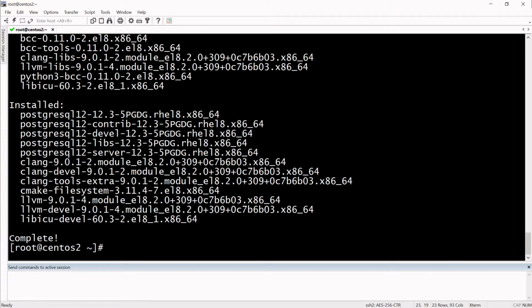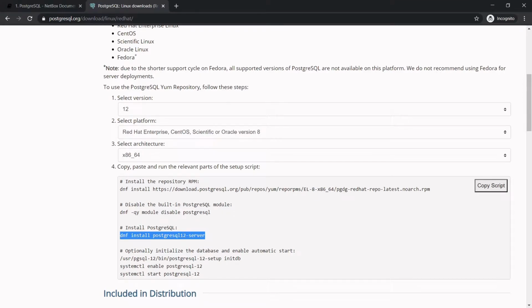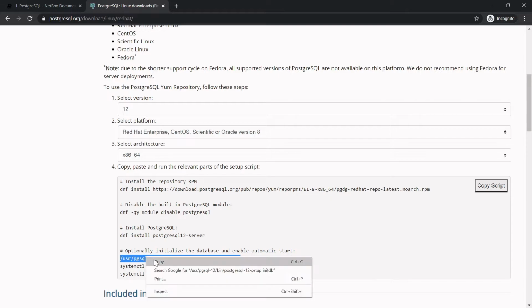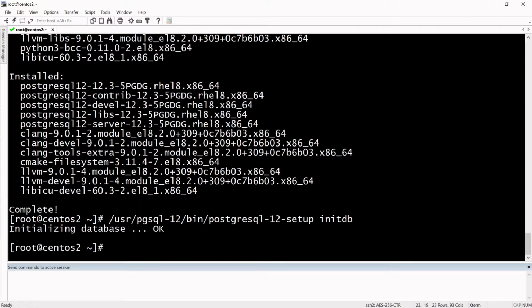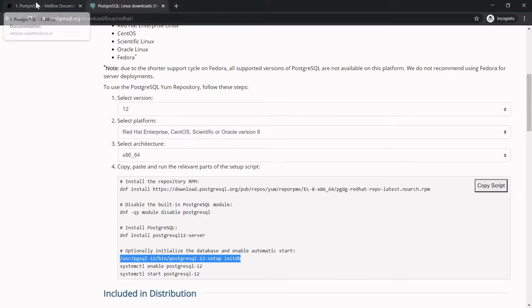Okay, so now we are done. Let's go back to the installation instructions. And right now we will need to initialize the database with this command. Okay, it's turned on. Now, if we go back to the previous documentation for NetBox,